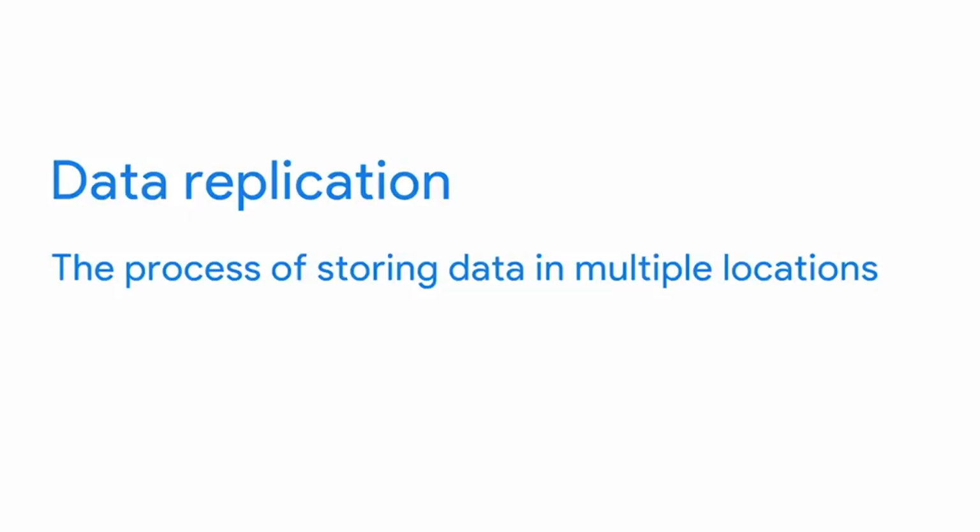Data integrity can be compromised in lots of different ways. There's a chance data can be compromised every time it's replicated, transferred, or manipulated in any way. Data replication is the process of storing data in multiple locations. If you're replicating data at different times in different places, there's a chance your data will be out of sync. This data lacks integrity because different people might not be using the same data for their findings, which can cause